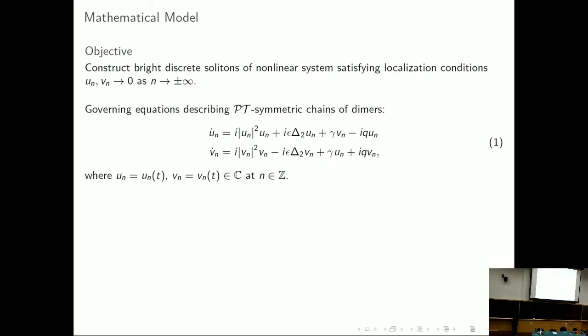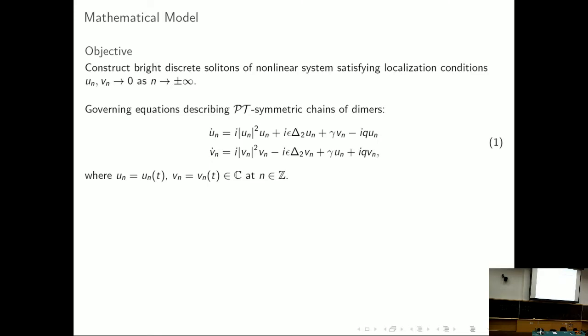So if you have these dimers, n equals 0, 1, 2, and so on, and this is equal to minus 1, so there is a coupling between these sites. Now the other work, when epsilon equals 0, they call it the anti-continuum limit. And then of course you can just get the equation by taking epsilon equals 0. So this is pretty technical. I just write it down.